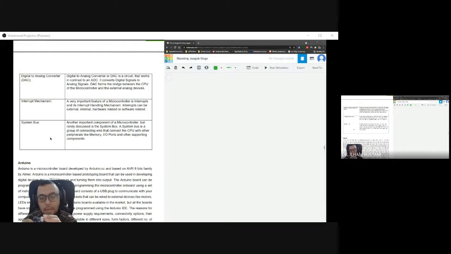That is the use of interrupt. And the system bus, if you look on top of the board, there are lines from there to here. So you can imagine the system bus is like a highway for data travel or current travel. Data is actually just current. But basically the system bus is the highway. If there is no highway, the data can't move to where it needs to go, which is the sensor, so the sensor can't understand, or the microcontroller can't receive data. So something is wrong with the system bus. Okay,